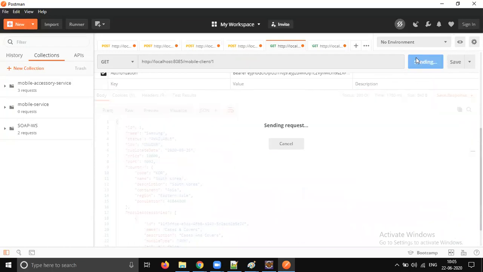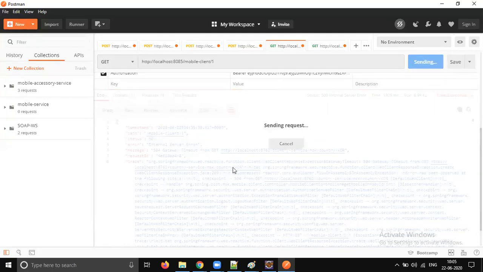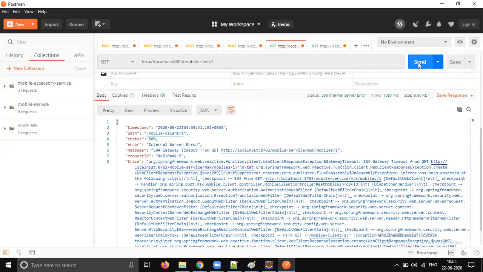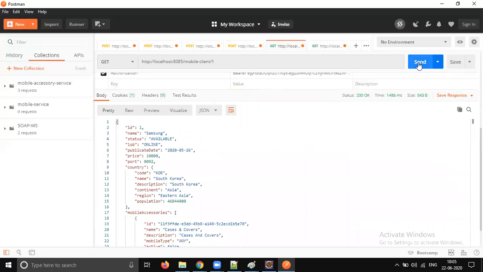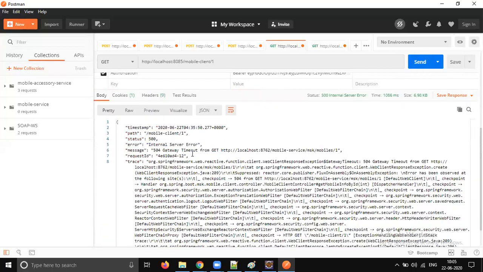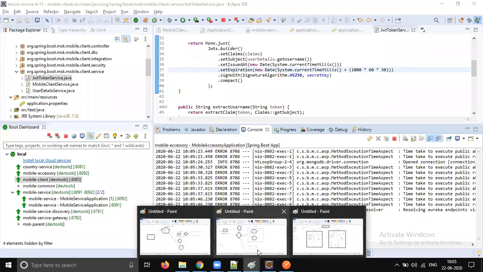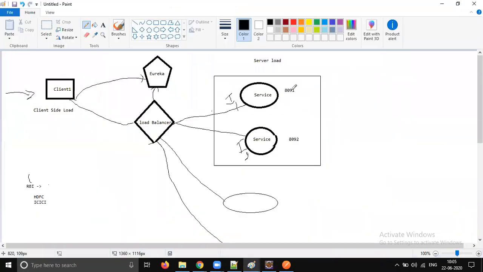Then 8092. Maybe a gateway timeout, it's fine, we will change it. So 8092, 8091. Now the load is balancing across these two instances, 8091 and 8092.